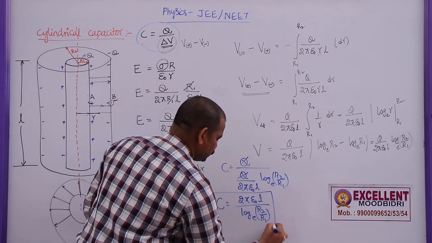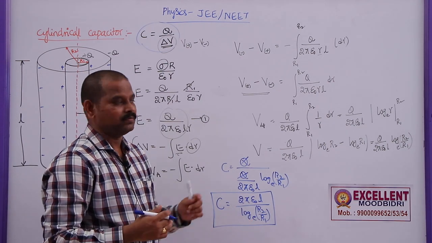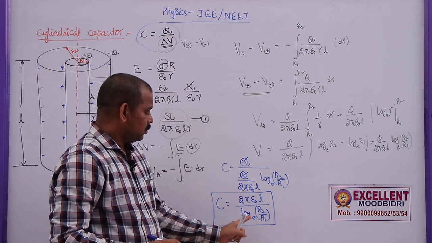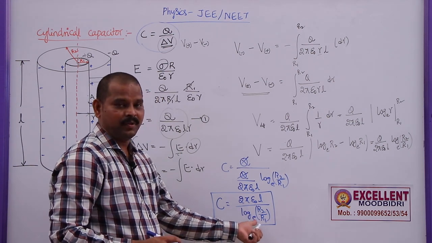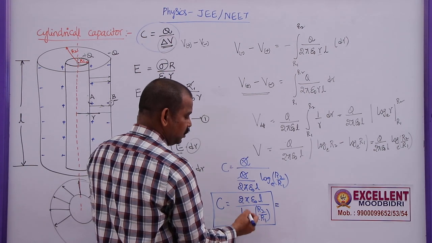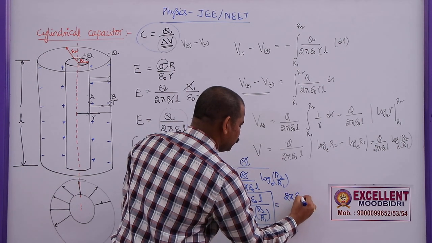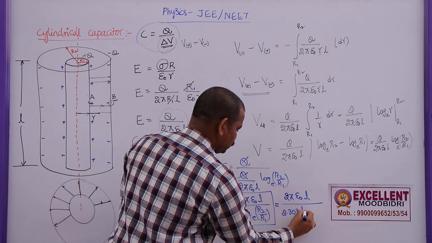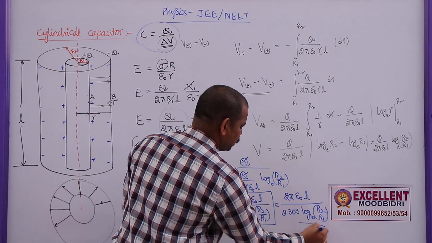So, this is the final expression. If it is with the base e, suppose in some problems, especially when a problem is given based on this cylindrical capacitor, in brackets they will give log 2 base 10, so generally it will be given in terms of base 10. So, how to write this one? How to convert log R2 by R1 to the base e into log R2 by R1 to the base 10? Very simple, this will be 2 pi epsilon naught L by 2.303 log R2 by R1 to the base 10.